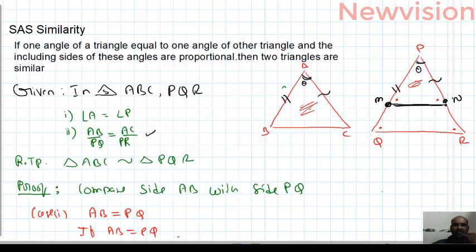Students, important observation: in the case AB equal to PQ, we directly prove that these two are similar. Now my case is AB is less than PQ. In AB less than PQ, automatically AC is less than PR. I located M and N, one point on PQ, another on PR, so that PM equal to AB and PN equal to AC. From there I got these two are congruent, means these two are similar. Actually, we must prove ABC is similar to PQR, but what I got now is ABC is similar to PMN. Then after I will prove that PMN is similar to PQR.